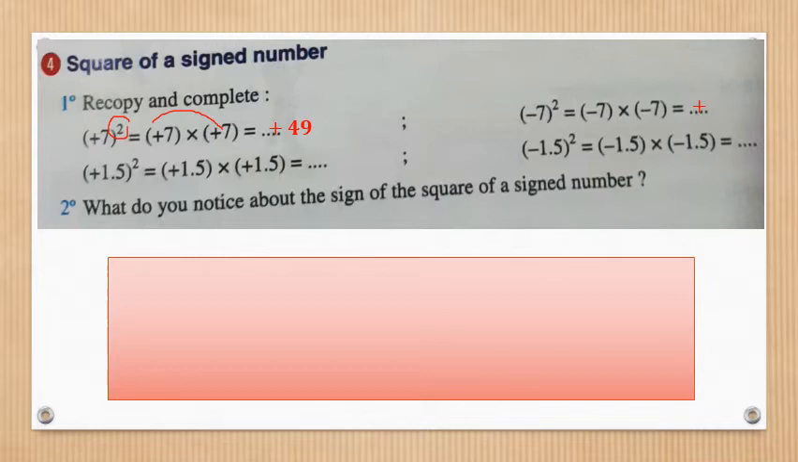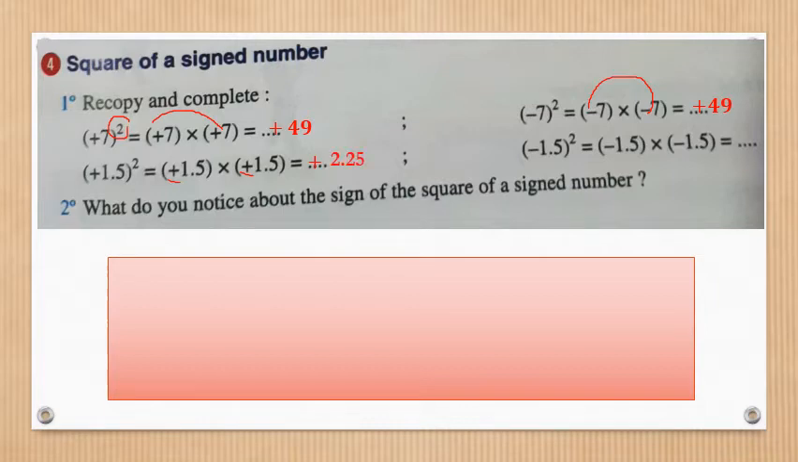Minus 7 squared is minus 7 times minus 7. You have the same sign here. Minus minus is plus, and 7 times 7 is 49. Plus 1.5 squared is plus 1.5 times plus 1.5. You have the same sign, so the answer should be positive. 1.5 times 1.5 is